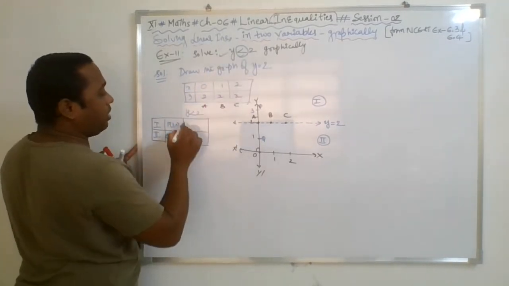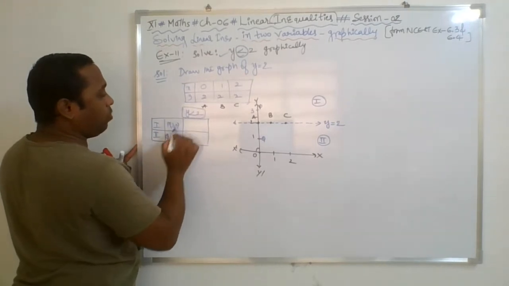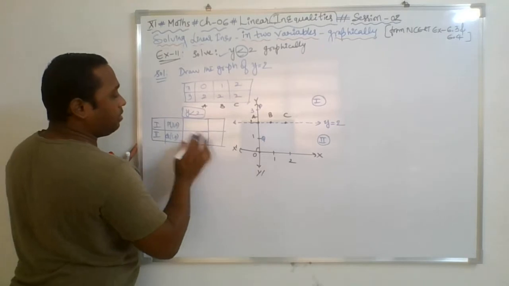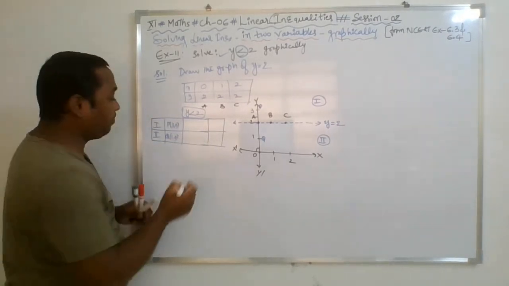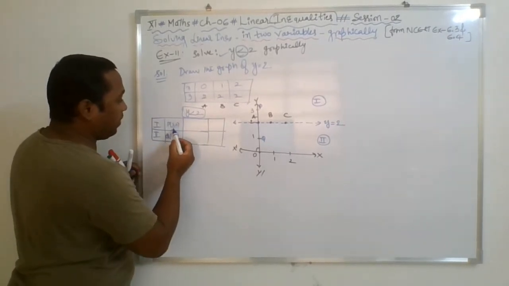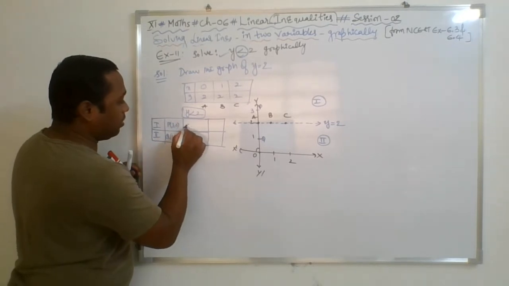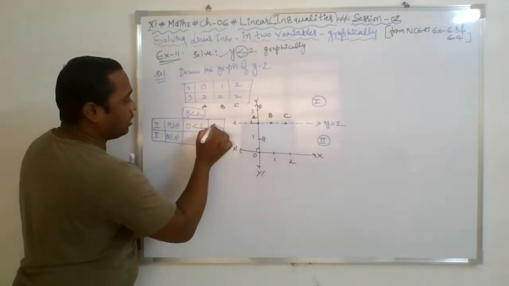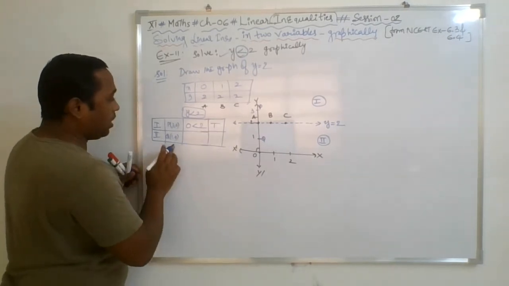What is the inequality? Y is less than 2, you will substitute, and then we will decide whether it is true or not. So if you substitute the value of y over here, 0 is less than 2 is absolutely true, and